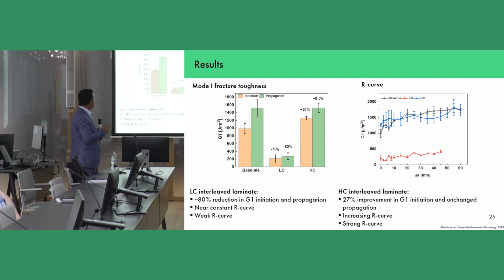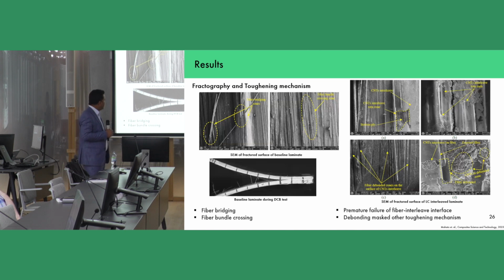So what is the reason for such improvement? We'll discuss it on the next slide. This can be answered from the toughening mechanisms that we see from the SEM images of these fractured surfaces. Starting with the baseline laminate, the toughening mechanism in these baseline laminates is fiber bridging between two plies in the interlaminar region, which is the main toughening mechanism. Similarly, in case of the LC interleaved laminate, we see some toughening mechanisms, for example tearing effects, which is supposed to improve fracture toughness. But what we observed was that before this tearing effect kicks in, the region where interleaf and ply interact debonds. There was premature debonding at the interleaf and ply region, which was the cause of such